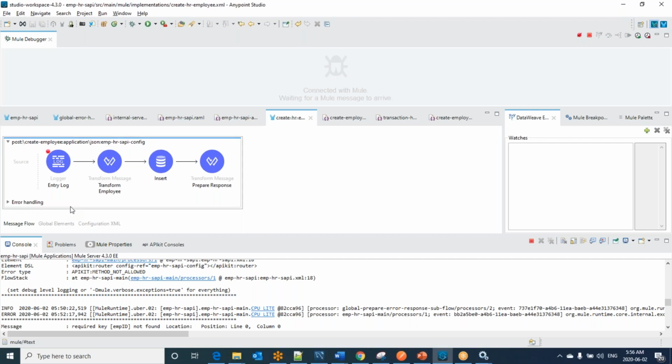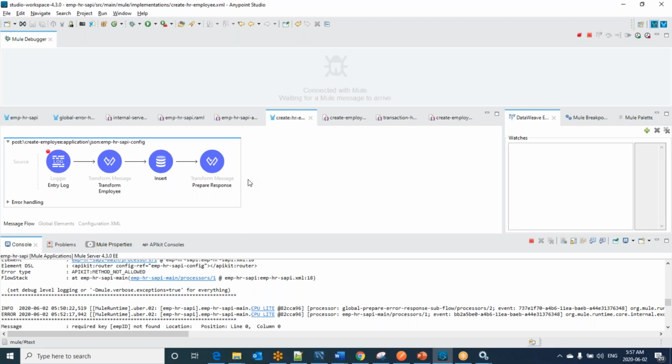In a similar way, the errors you are handling in the main flow are also available in the global error handler, but the priority goes to the main flow, not to the global error handler. The global error handler is meant for handling global errors, but whenever you would like to do specific flow-level error handling, we still allow you to do it here. Whenever you do error handling here, it has been caught here, right? Then again it won't go to the global error handler. These are the key points we should remember about error handling between the global error handler, flow error handler, and subflow error handler.